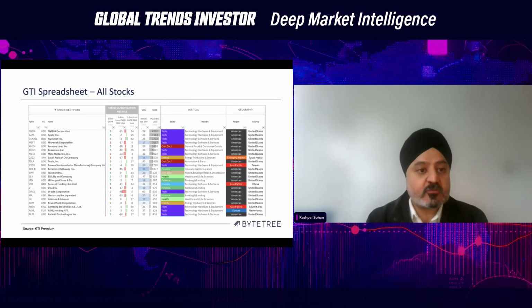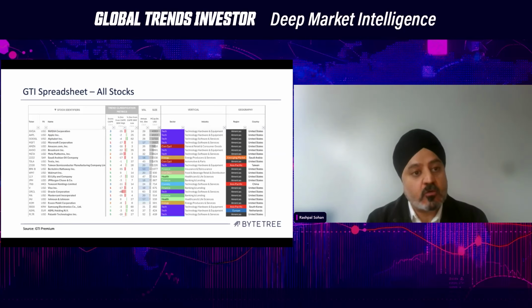The other metrics are also shown to help you understand the stock and its different attributes. So we're looking at the volatility of the stock. Is it a very volatile stock or a low volatility stock? We look at the size of the stock. So basically, is it a leader? Is it a Microsoft, or is it a small, pop-size kind of stock? We have some attributes related to the sector, the vertical of the stock. So which sector does it belong to?